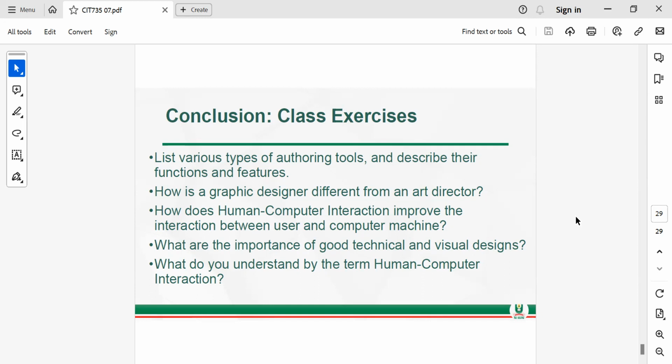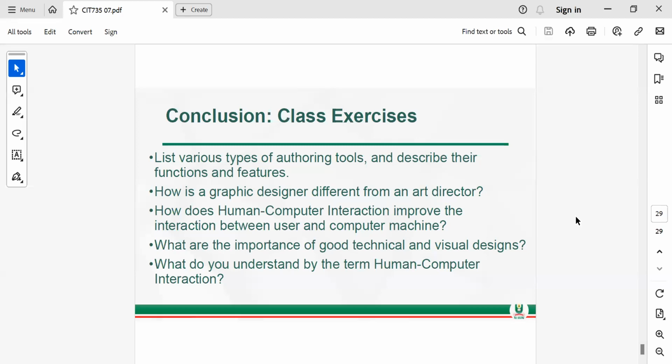Then how is a graphic designer different from an art director? Graphic designers are the ones that build content, for instance, let's say flyers and posters.